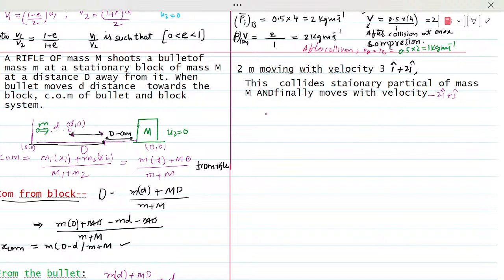So the question is, if the masses are in the ratio small m by capital M equal to 1 by 3, then the first question is